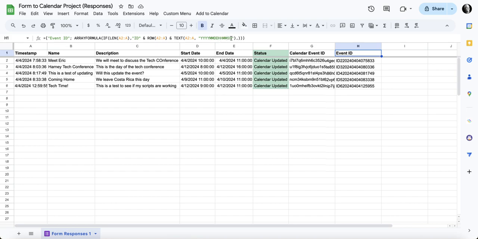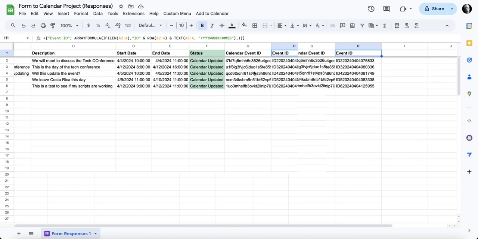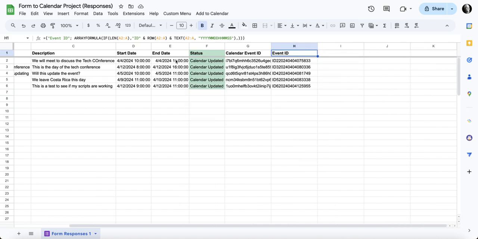So really, every one of these would be unique because even if two events were added at exactly the same time, they would have a different row number on the sheet. So you can see my event IDs are this ID